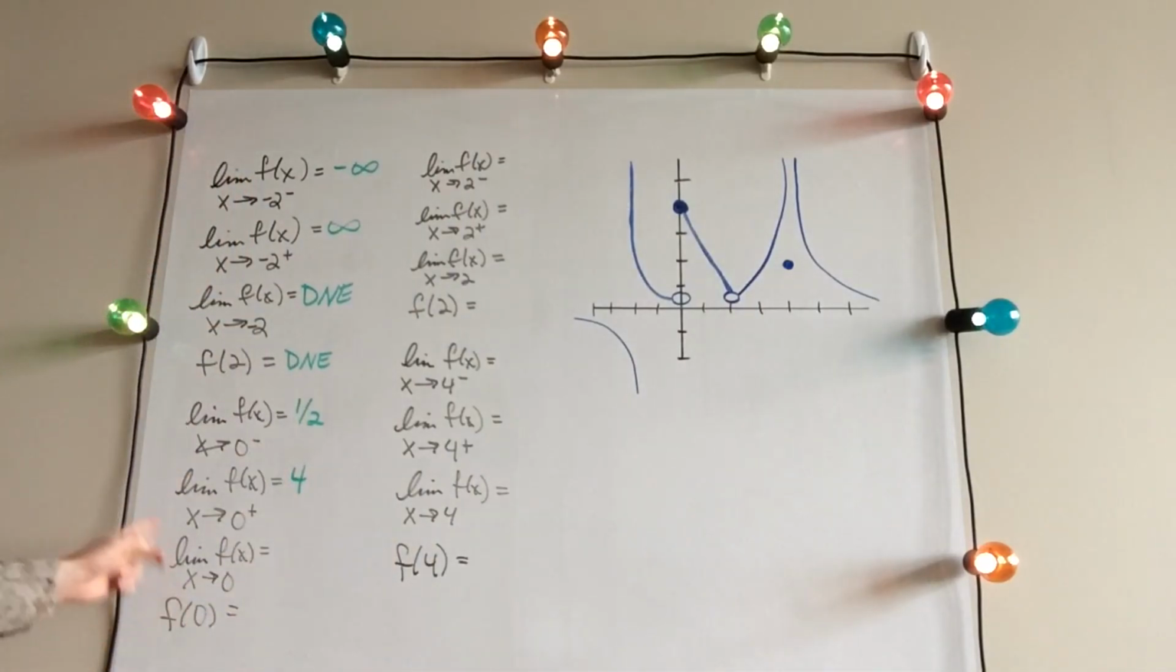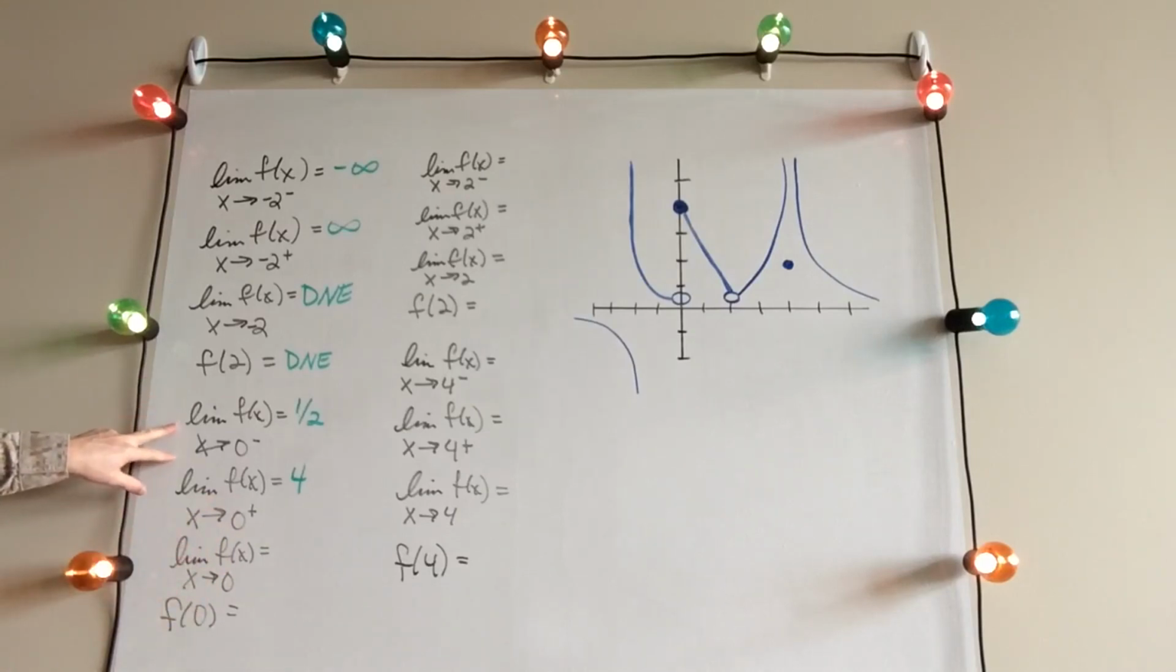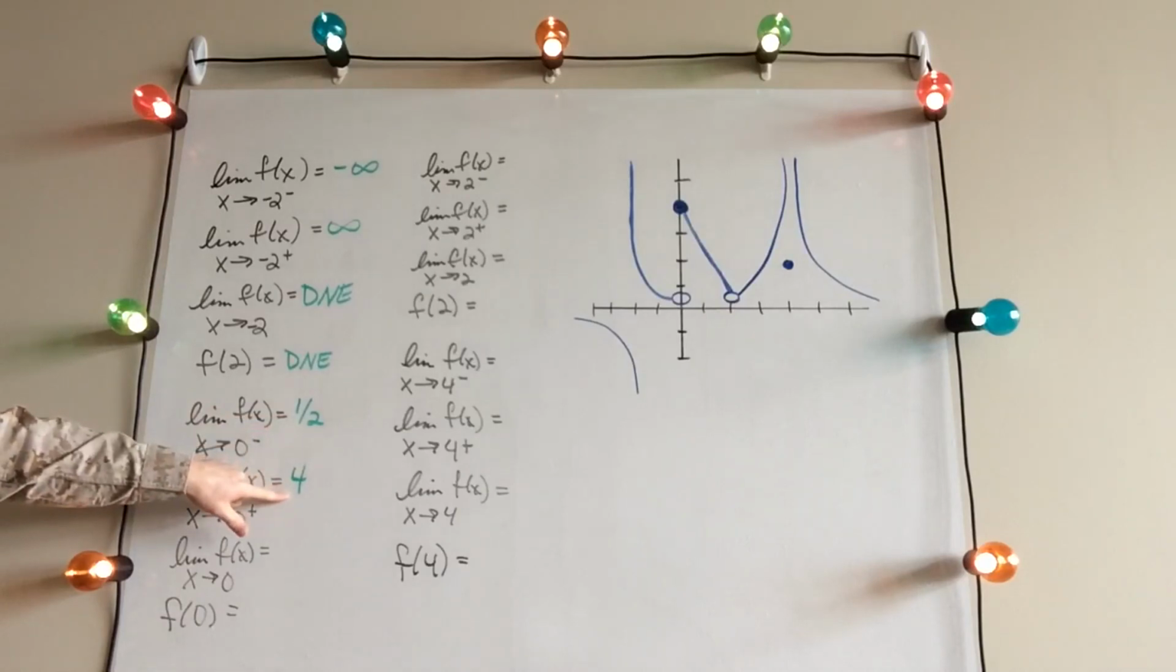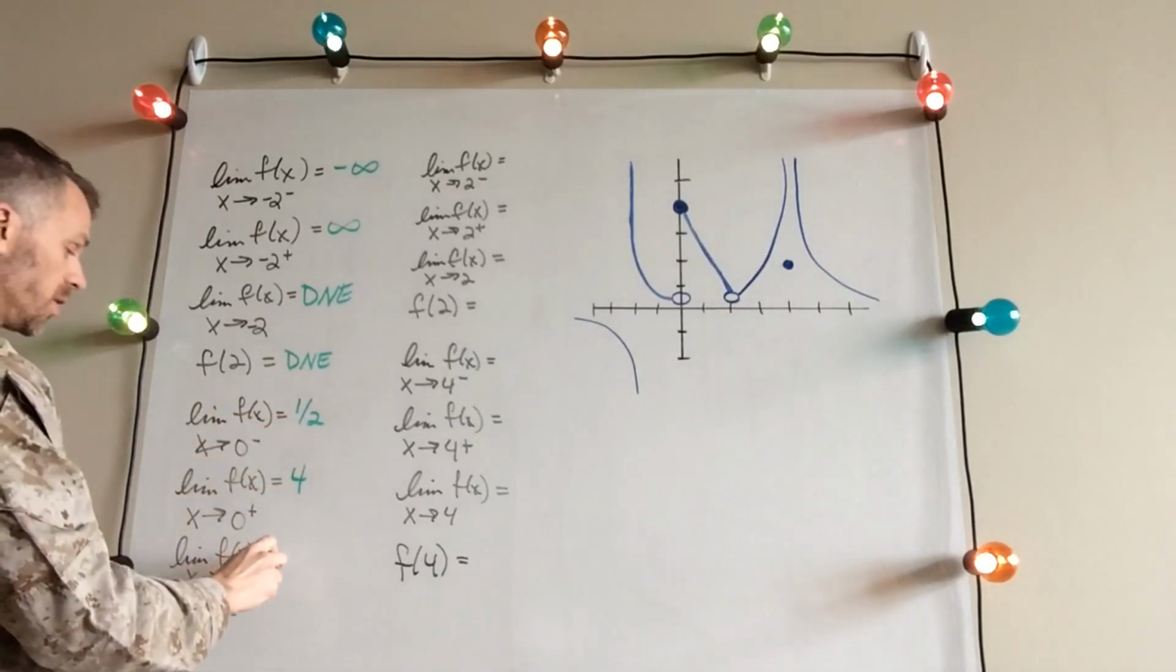The limit of f of x as x goes to 0. So we could again try to do it just from looking at these two limits. The limit from the left was 1/2. The limit from the right was 4. 1/2 and 4 are not equal to each other. So this limit